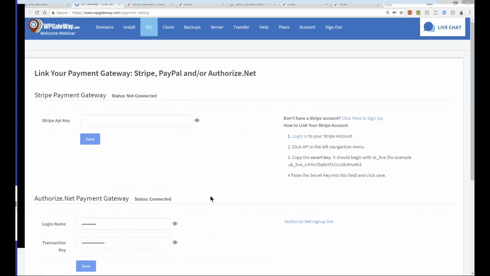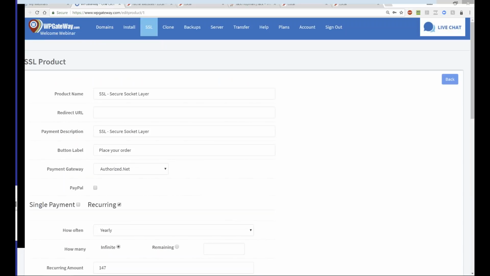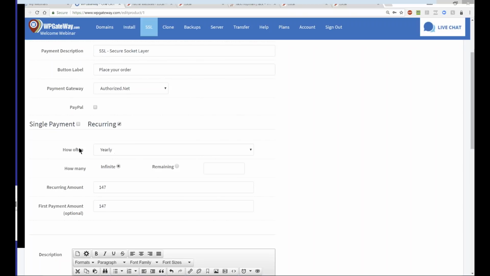Okay, I see a lot of yeses. Now that came across well. Now, once this is done, you go to product settings. And there is already one product listed, and that is the link you want to grab. Okay? So you're going to edit that product, and you're going to say SSL secure, autohost.net, how often, how much